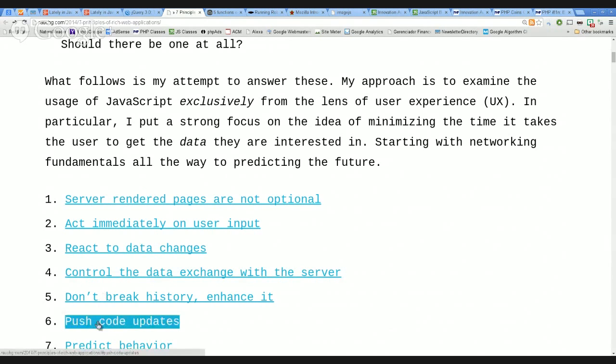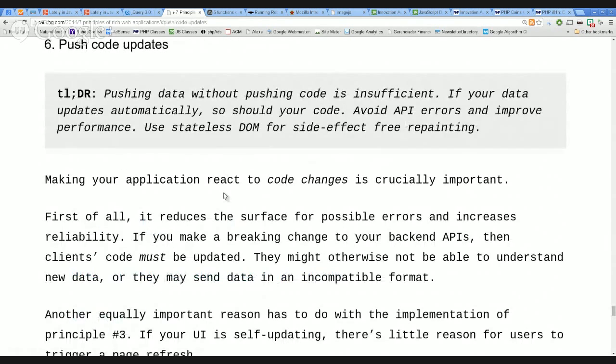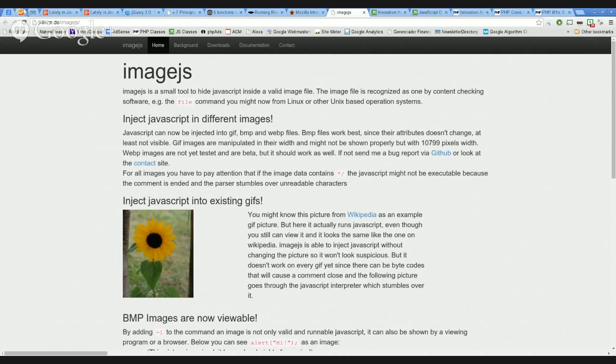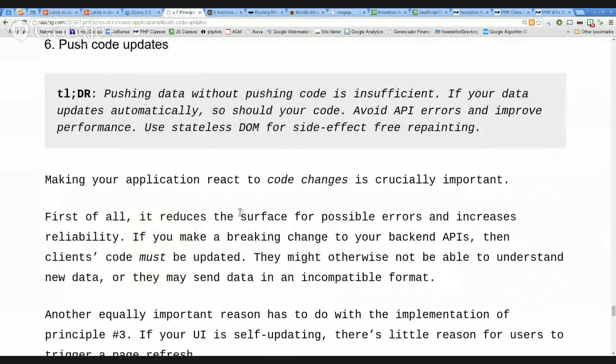So the next point is to push code updates. Well, I'm not sure about this, but I think this refers to when you are improving your application. Probably some JavaScript code or even CSS code was changed, and your application should work in such a way that it should actually push the right version. And personally, I use that technique. Actually, I've been using it lately, not all the time, but